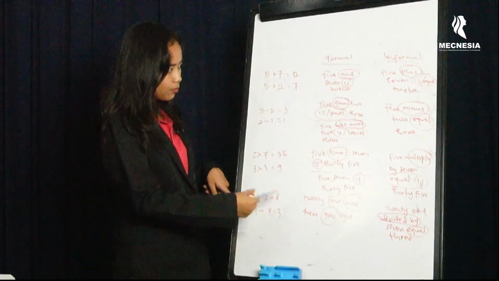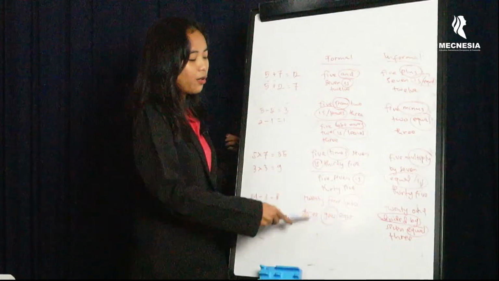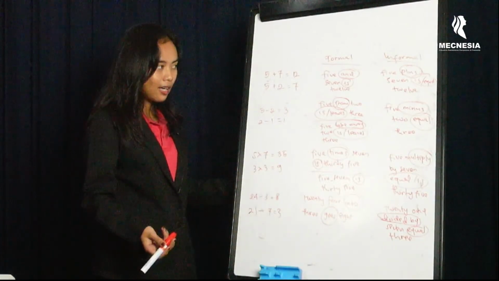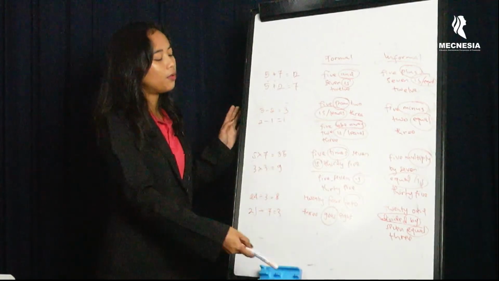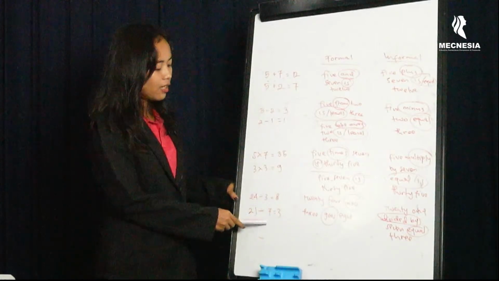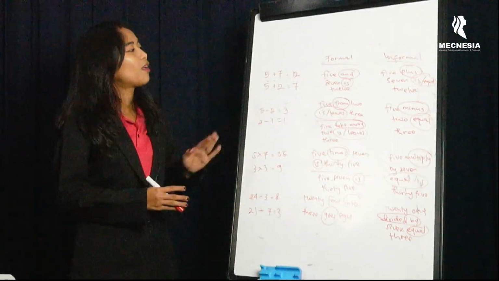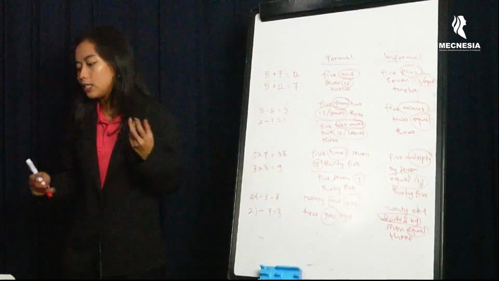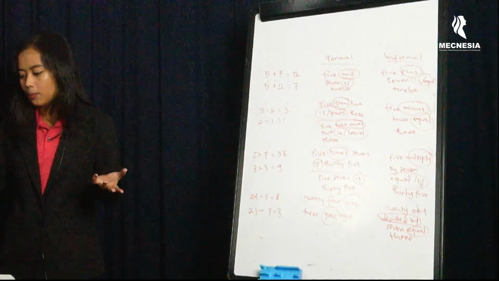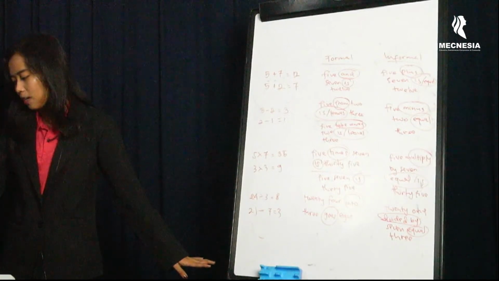And the last, for the pembagian, we use the formal, we use into and goes. 24 into 3 goes 8. And for the informal one, we use divided by and equal. 21 divided by 7 equal or is 3. Well, that's how we read a mathematic problem. Jadi gitu caranya baca tambah-tambahan, kurang-kurangan, perkalian, sama pembagian di matematika.